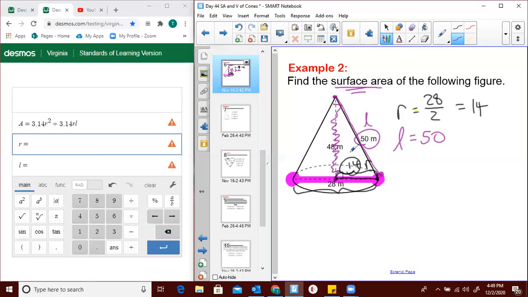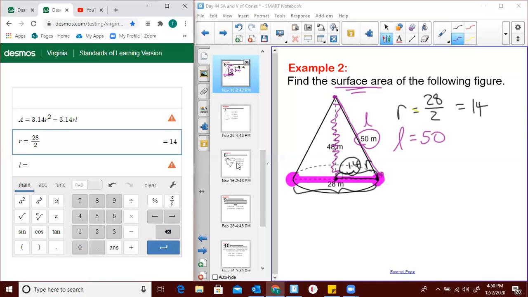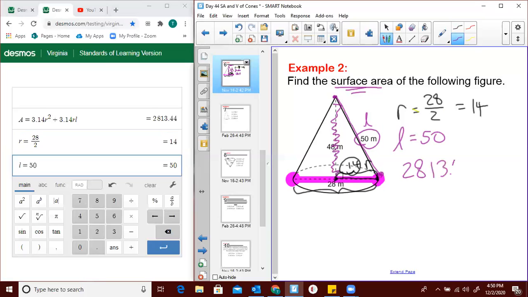So just plug it in. Now, like, you don't even have to put 14 in. You can just put 28 over 2. It'll give you 14. It'll solve it for you. And it's going to plug 28 over 2 everywhere you have an R above it. And then for the length or the slant, we type in our 50. And bam, you'll see that our answer is 2,813.44. Remember, that's going to be meters squared,